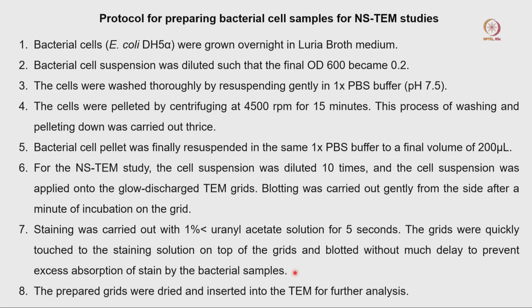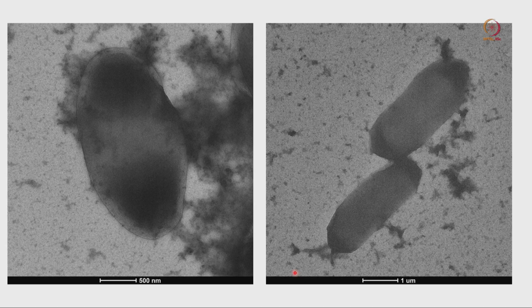So let us take a look at how we can get those TEM images. Here I am showing you some bacterial cells. In this bacterial cell, this is basically an E. coli cell. You can consider this the outer membrane and this maybe the nucleoid, but some areas are absorbing more stain. As I told you, sometimes it can absorb more stain, and then it will be difficult.